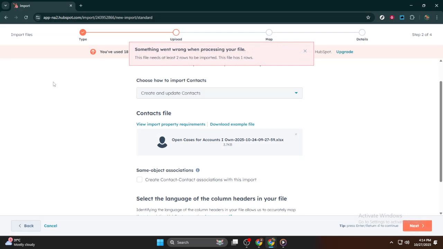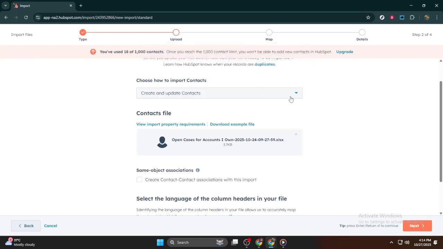And there you have it. Your contacts are now in HubSpot ready for you to access and manage. By following these steps, you should have a seamless transition, bringing your contact data into HubSpot. Remember, accurate setup and verifying your data before and after import are key to maintaining a clean and effective CRM